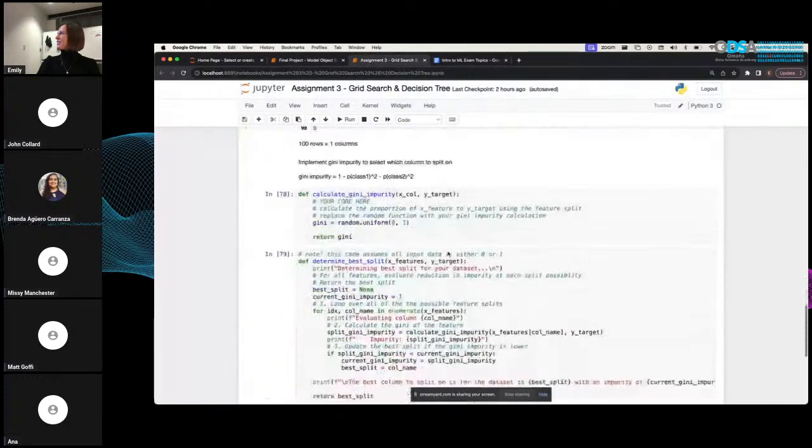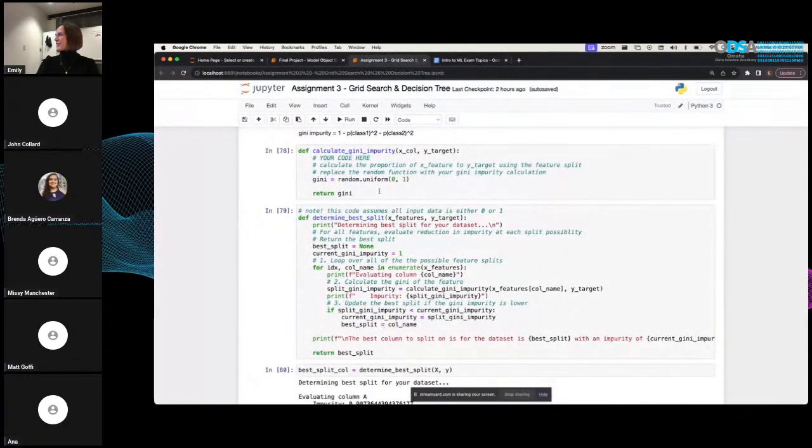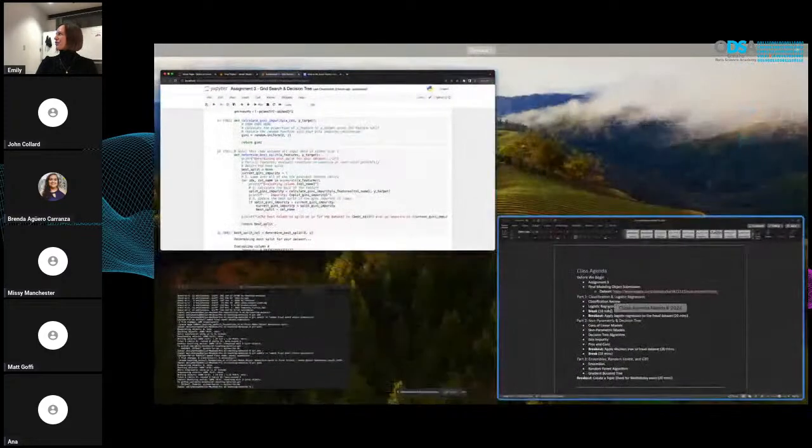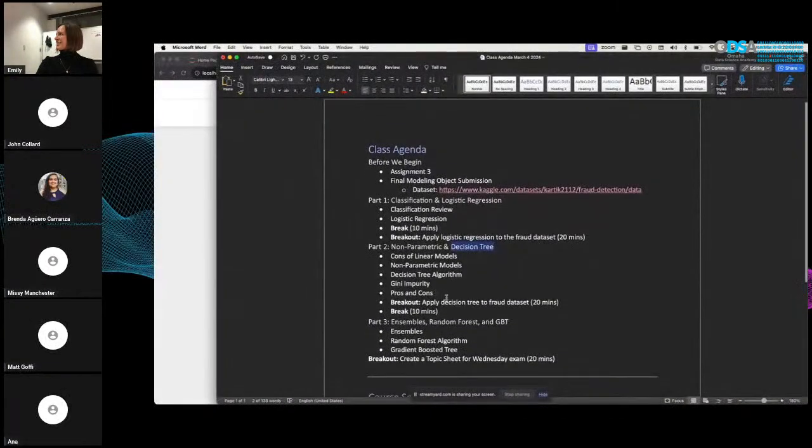So I tried to make some preformed functions here, and then you're just implementing one element of the decision tree, which we'll talk about in a second. That's why it took me so long, because I realized that was way too much. And so we're going to talk about decision trees, a very important algorithm in data science, in that it's a foundation for many other models.